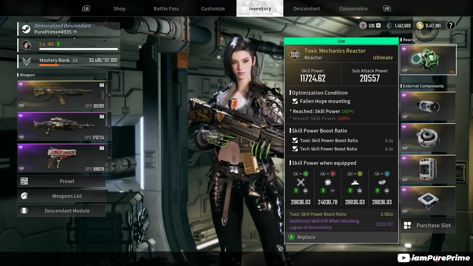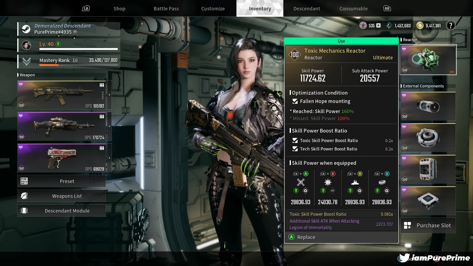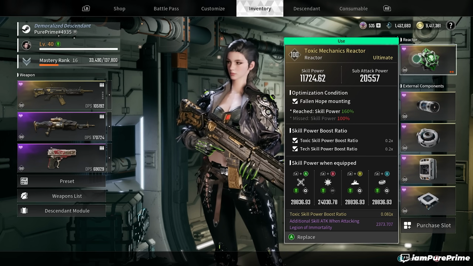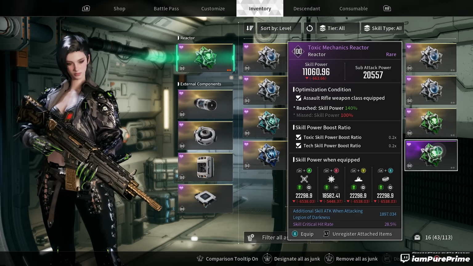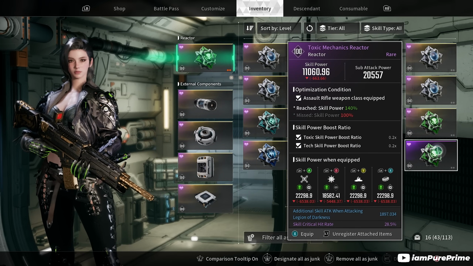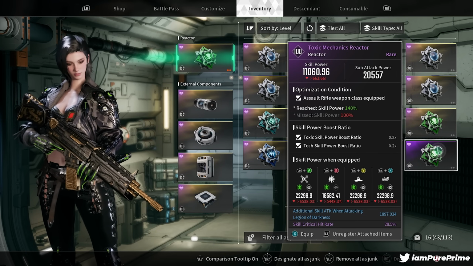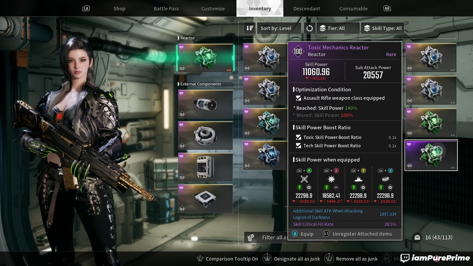Starting with our reactor, you want to focus on a toxic mech reactor with the Fallen Hope mounting on there. If the reactor says mounting, you need to make sure that whenever you use a skill, you are holding that weapon. For example, purple reactors will show up as equipped, and then it doesn't matter where you have that weapon on your build, if it's on your first spot, your second spot, or your third spot. You don't even have to hold it,